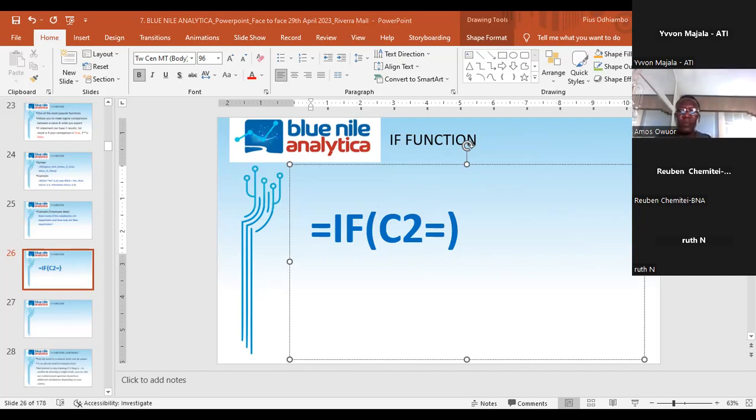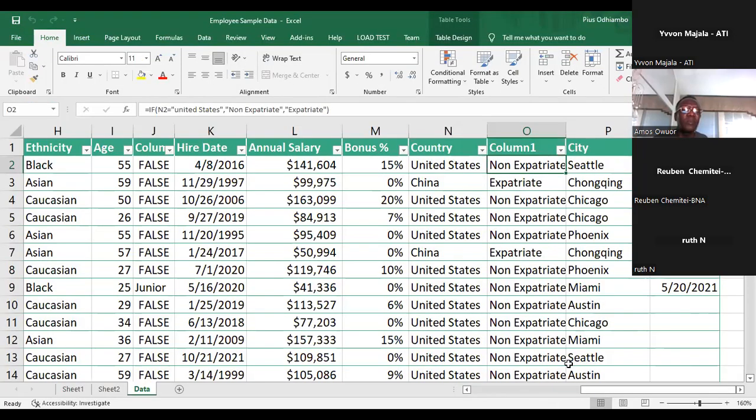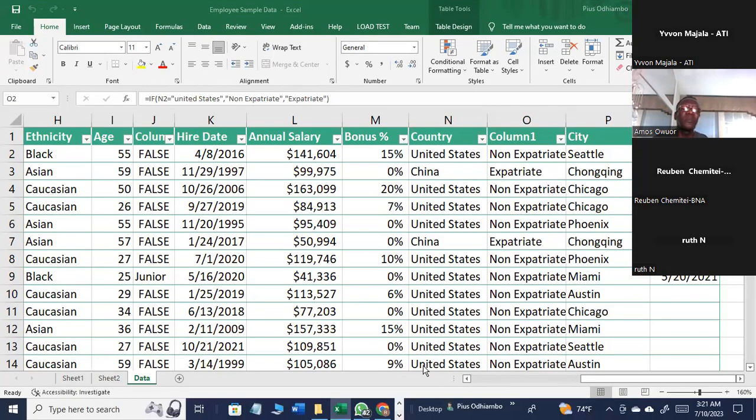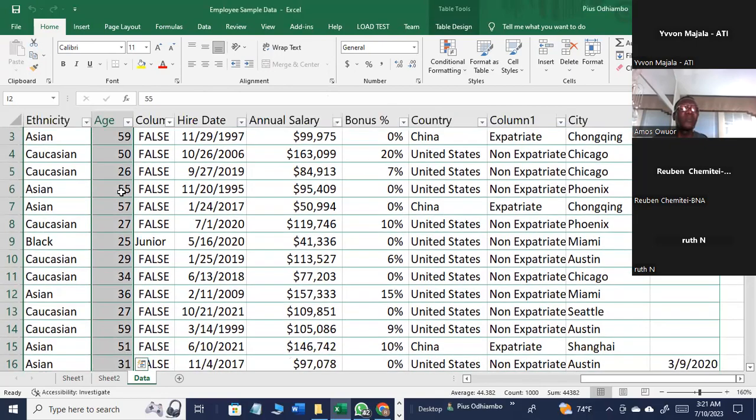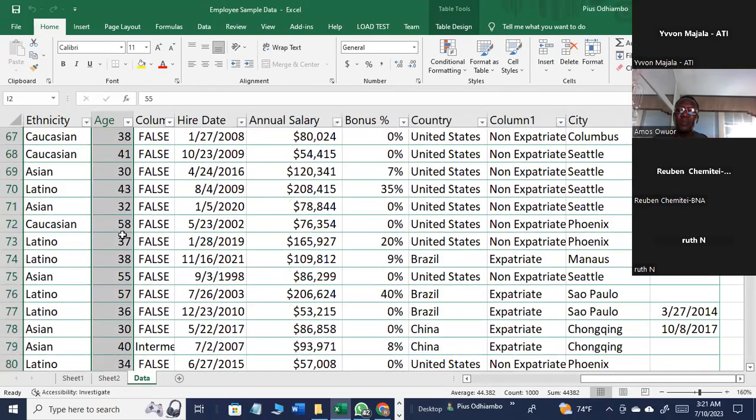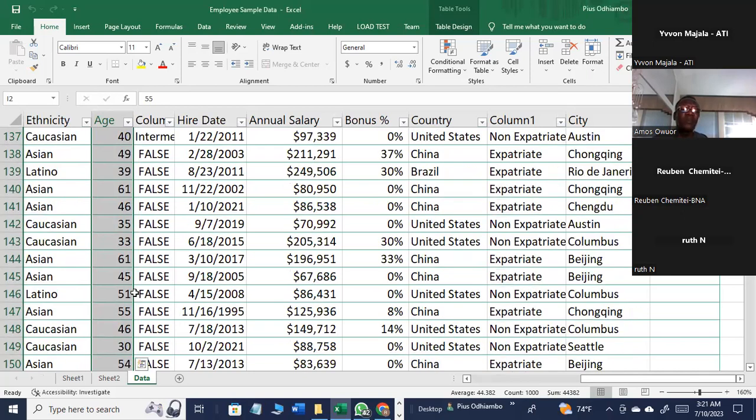Can I share the Excel file? So I'll be interchanging the two screens. So that I don't switch from one place to another, let me just share the screen so that I can be moving from one step to another. So what we have, you can see here that we are interested in this column of age, and we have different ages. Looking at this data here,